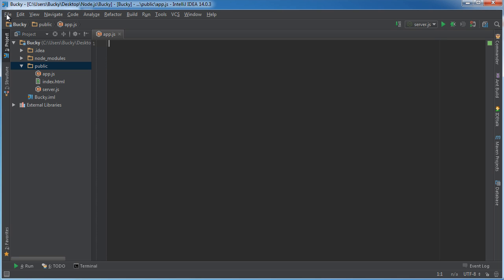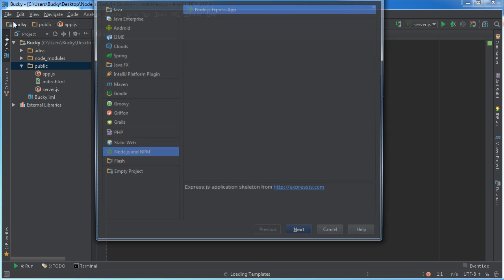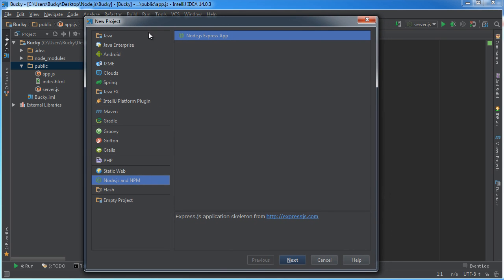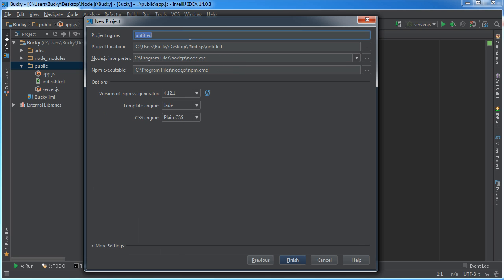From IntelliJ, if you go to File, New Project, what you can do here is, let me move this so you can see, alright. In the little section down here, it's Node.js and NPM, and choose Node.js Express App. It's our only option, and click Next. So from here, it's really easy. You just give it a project name. I'm going to name mine